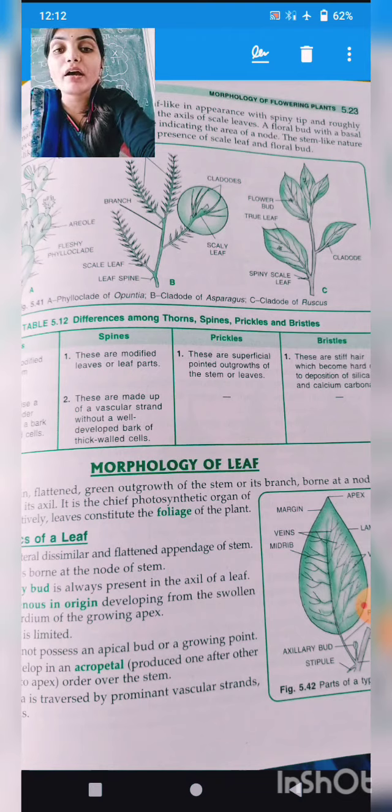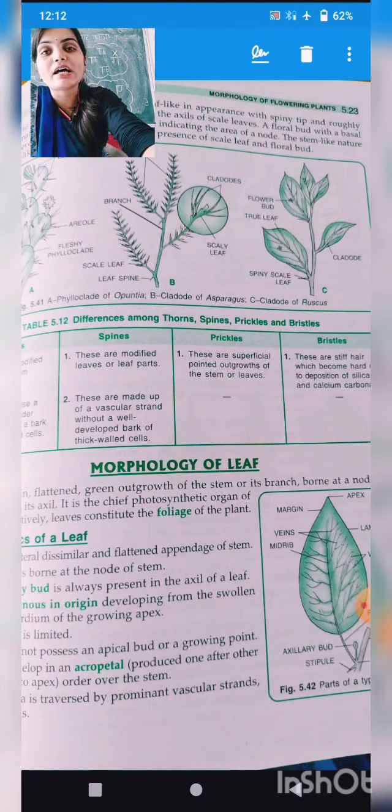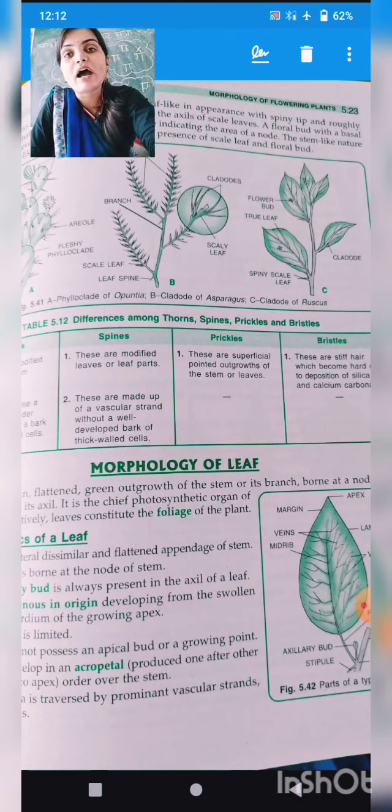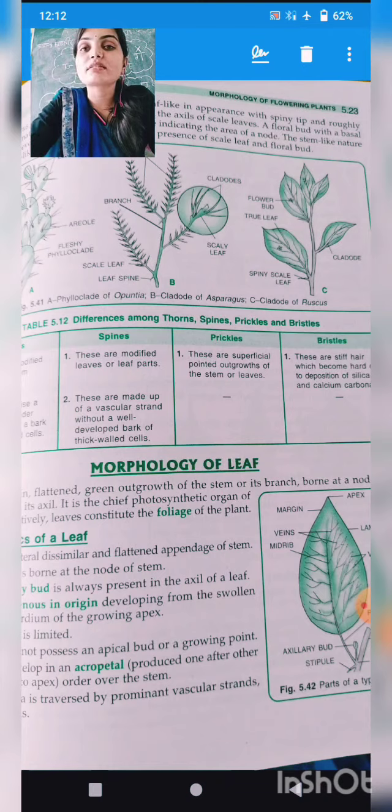Okay. Now what we are going to study is the morphology of leaf. Now what is the leaf definition? When I ask you what is leaf, so leaves are the green, the most green part having the most number of chlorophyll inside the plant. If we talk about the site of photosynthesis in plant, the leaves are the site of photosynthesis. Okay, means inside the leaf the photosynthesis process occurs. So yes, I guess you can tell what is the function of leaf.